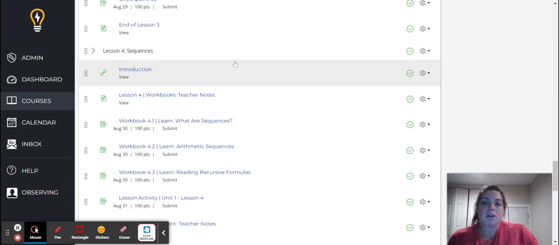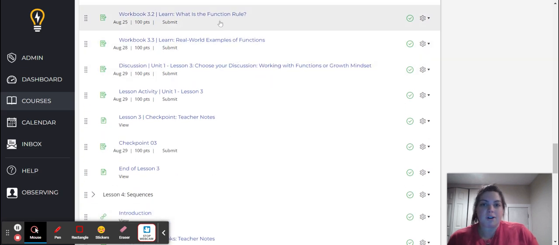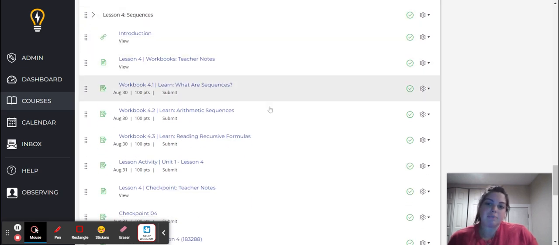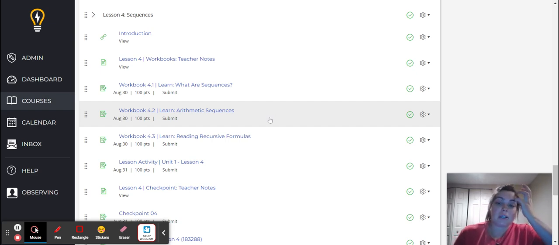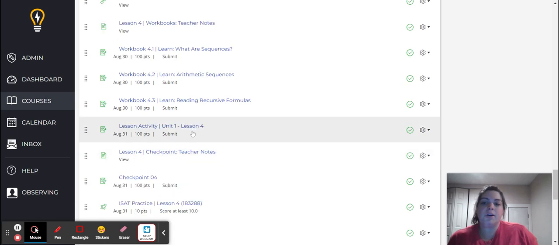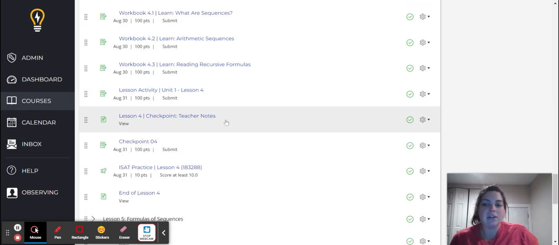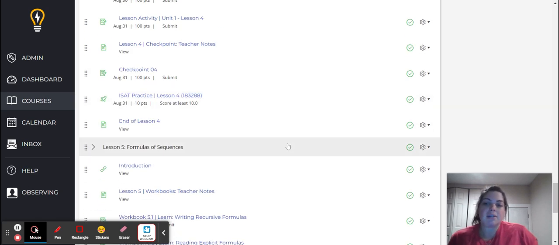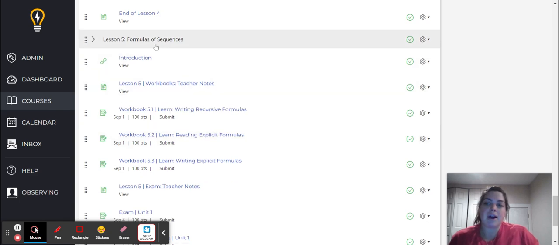Lesson 4, instead of going more into functions, we're talking about sequences. So arithmetic sequences in this case. Again, your 3 workbooks. And then this one has a lesson activity and some ISAT practice. Lesson 5,